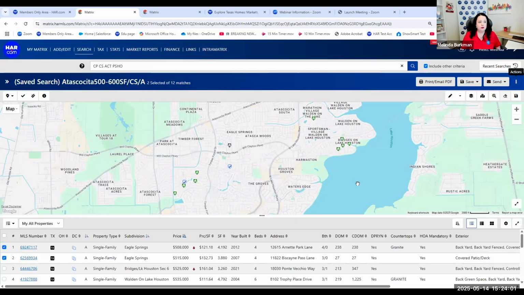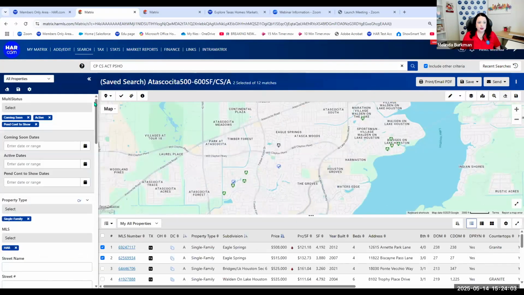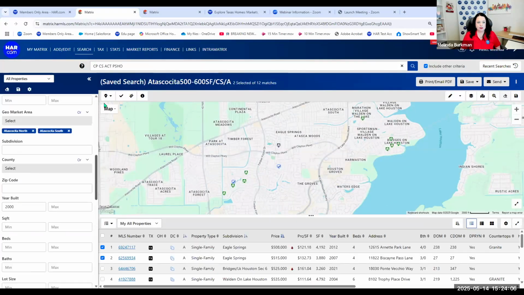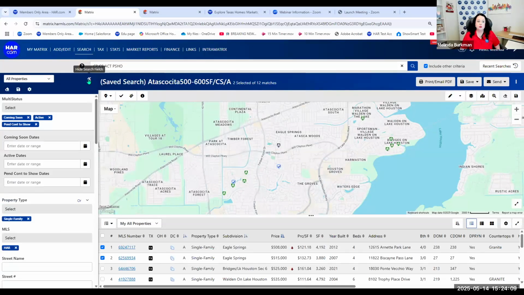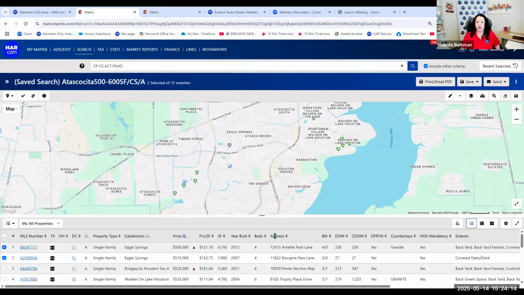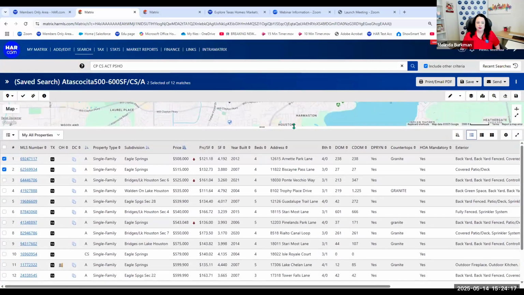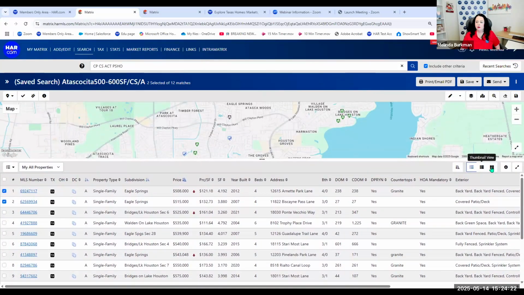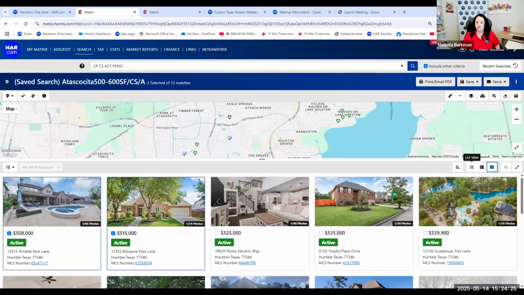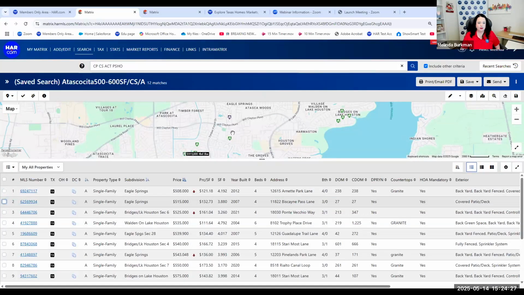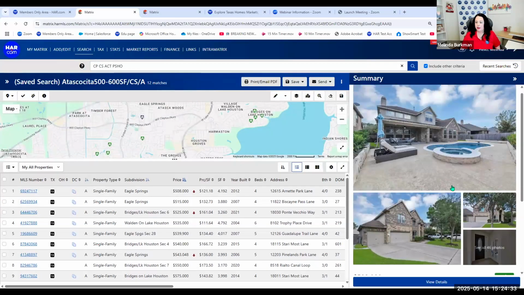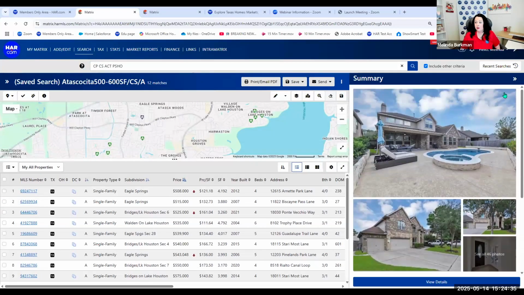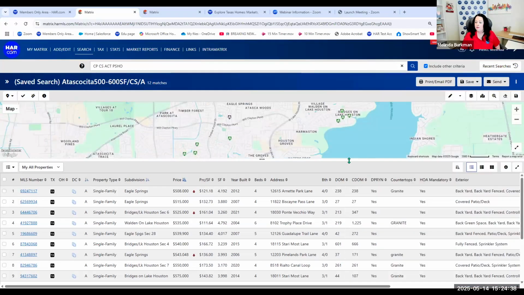All right. If you check your criteria, want to change anything, you've got that down the side. Remember, this is the widescreen option, so we can customize what our view really does look like. We can customize to look at just the map. Okay. We can look at just our list view. We can customize the list view or thumbnail or gallery view. You can click on the map and open a summary, so you can look at the pictures and decide if you want to go into the full MLS page for that listing.